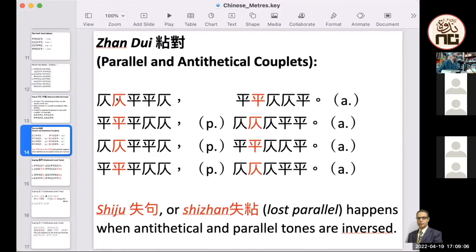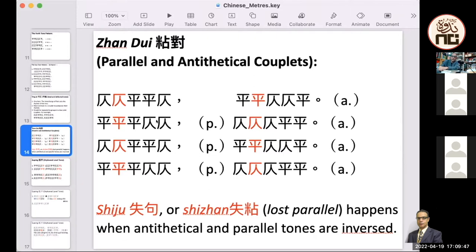No, we call it pivotal tones. Pivotal tones. This is the crucial, the central tones. It's the second, the fourth, and the sixth if it's 7 characters. So look at this here. The second syllable in the first line is different from the second one. So this is antithetical. But this ping must be repeated in the first line of the second couplet. So this is parallel. This is jan. This is tui. There is antithesis between the first and the second. And then we come back.